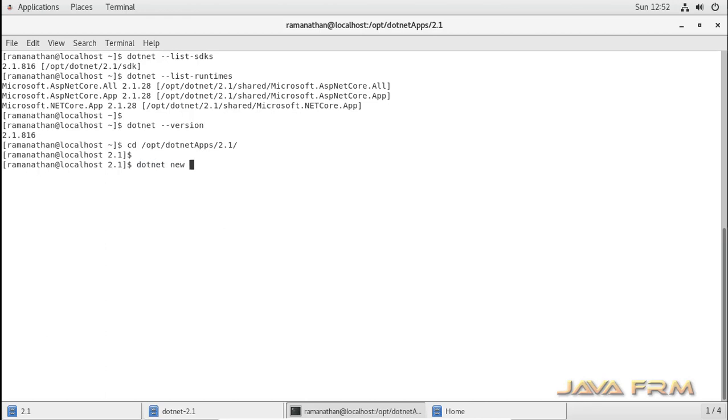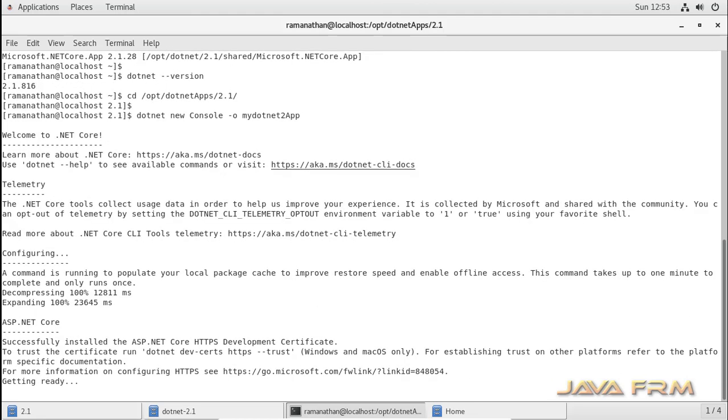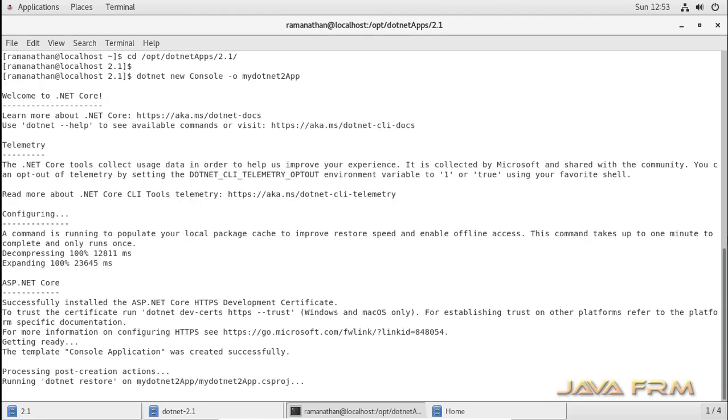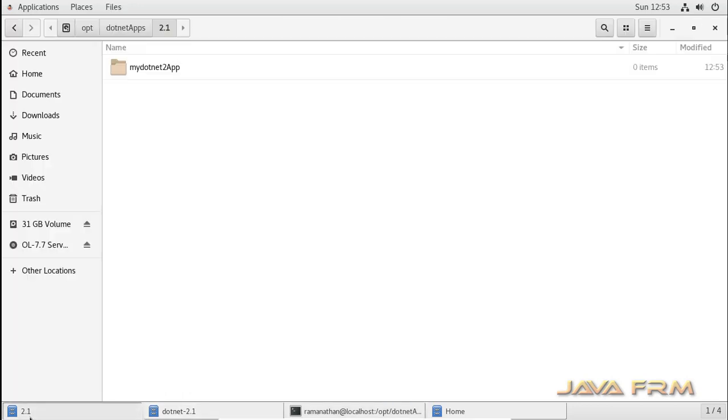This is the command used to create a basic C# console application: dotnet new console -o application name. Yes, so you can see that the .NET console application is created.